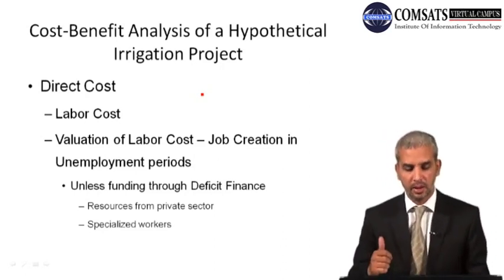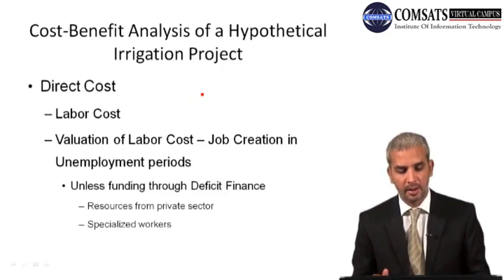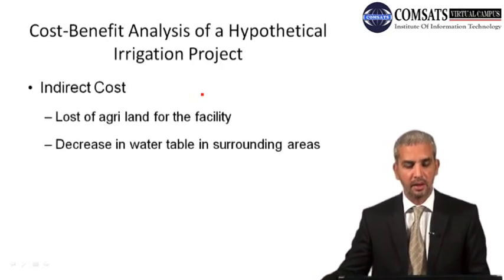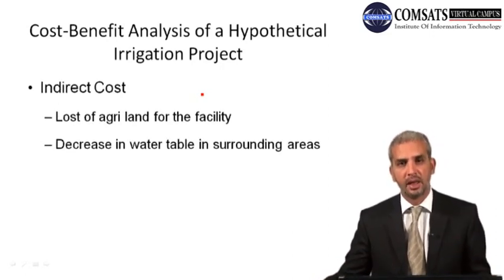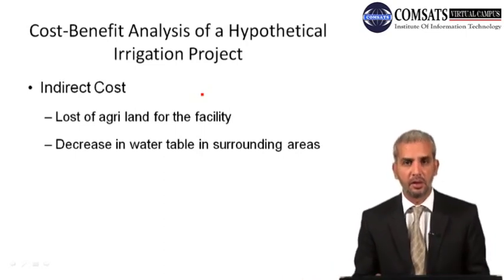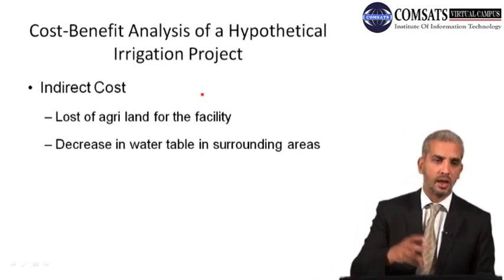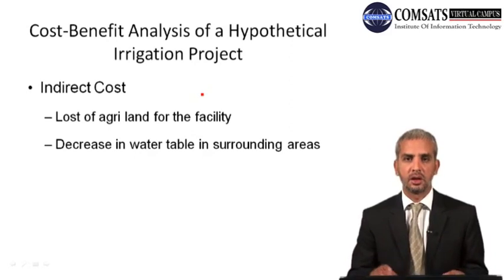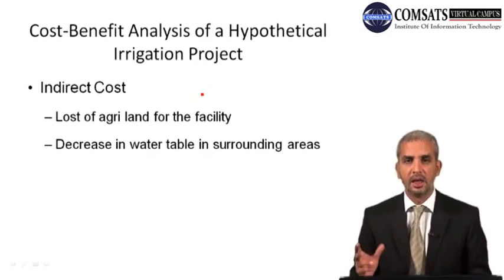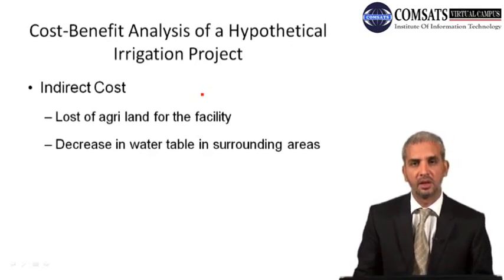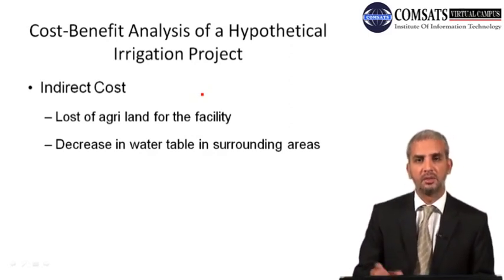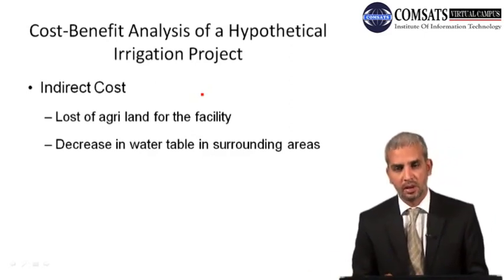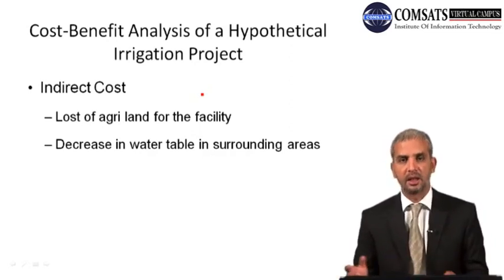So in short, the direct cost for the project would be, for example, in terms of the labor cost, in terms of the capital that has been employed, and in terms of the land that has been procured for that irrigation facility, in terms of the land that has been procured for creation of that lake or water reservoir. So all those costs are the direct costs. No doubt there are debates over it, but still one has to have some insight on the ideals based on which a project is being taken up. And not every project is similar to the next one. So one needs to consider all the aspects and conduct a dynamic analysis.